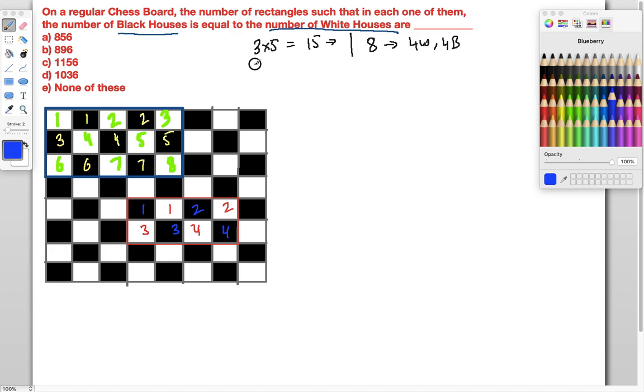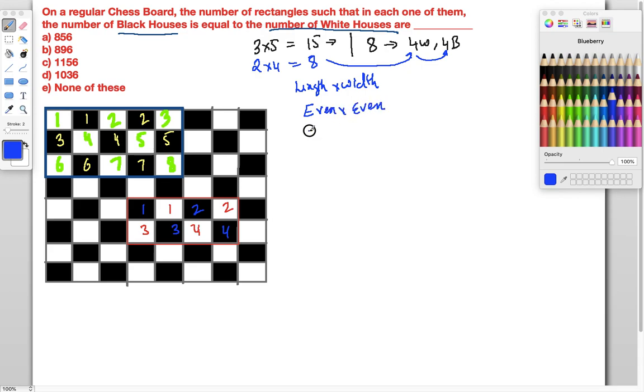So when I've selected a rectangle of 2 by 4 units, the total number of houses is 8, so there will be 4 white and 4 black. If the total number of houses is odd, then the number of white can never be equal to black. But if the total number of houses is even, only then white will be equal to black. Now, if I'm talking about length into width, the possibilities are: even into even,